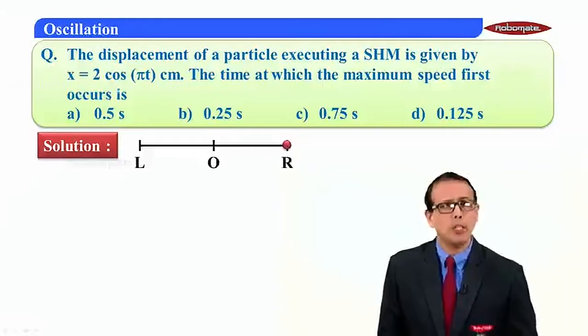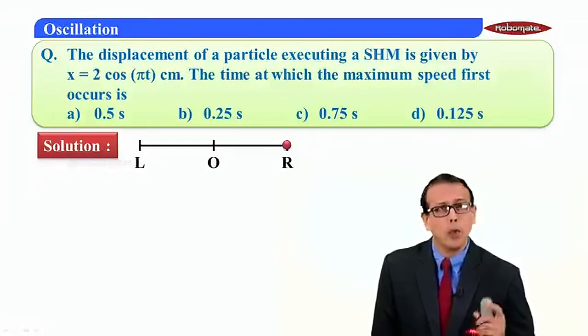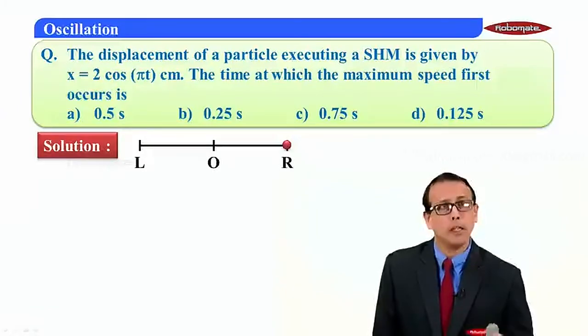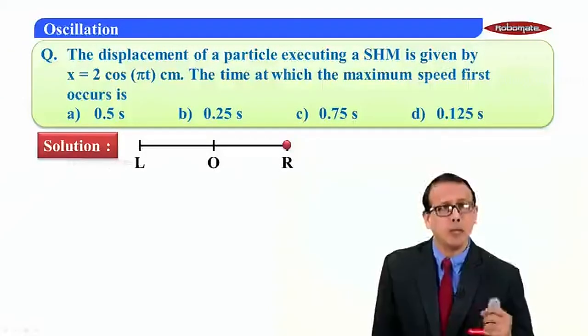extreme. Students, this can be intelligently done directly also, if you look at the equation x = 2 cos πt, we know since cos is given, that means particle has to be at positive extreme. From our earlier modules, I have already taught you this. Therefore, now we come to know at t = 0, the particle is at positive extreme, and